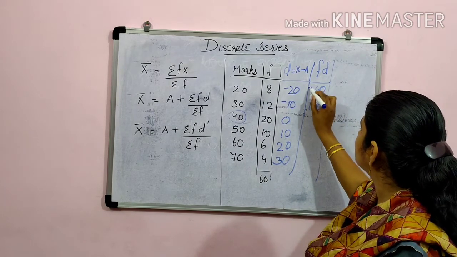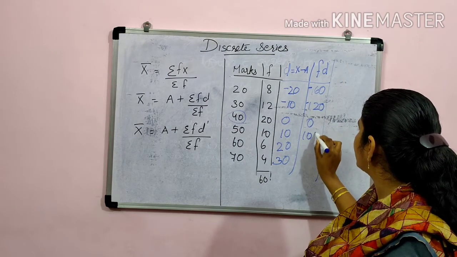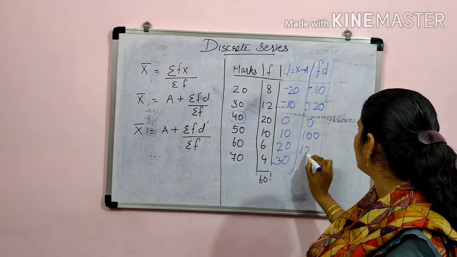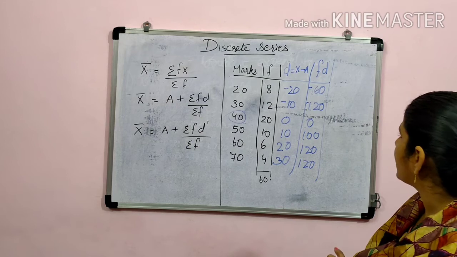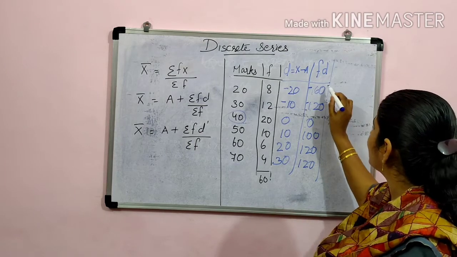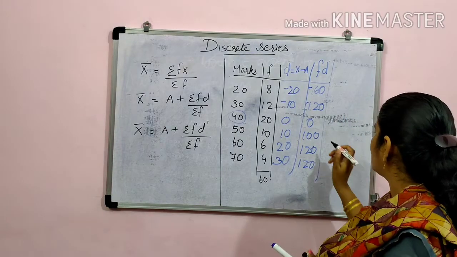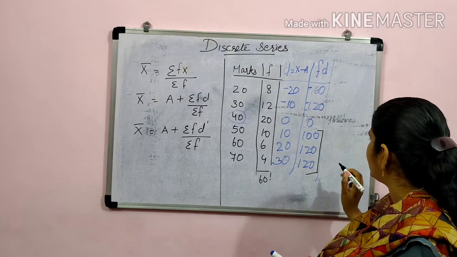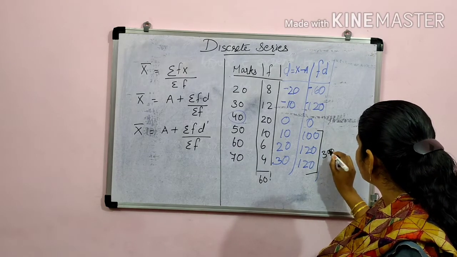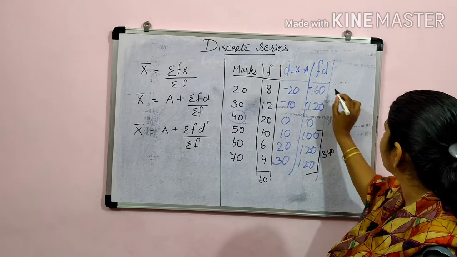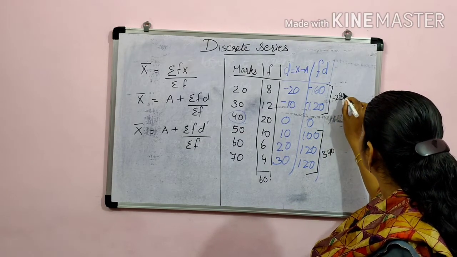Both of the first two values will be minus values. Here it will become 0, then 100, then 6 2s are 12, 120 it will become, 4 3s are again 12, it will become 120. Okay. So next we will be adding these three positive values, and here we will add this positive value, then it will become 340. When we are adding this, it will become minus 280.